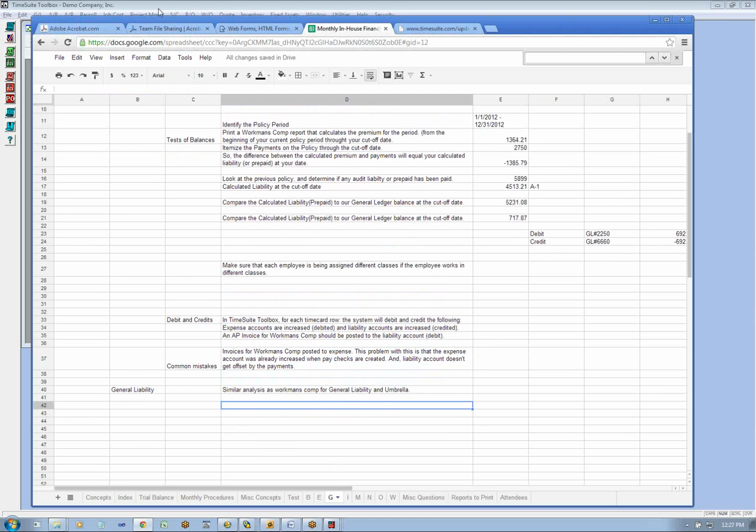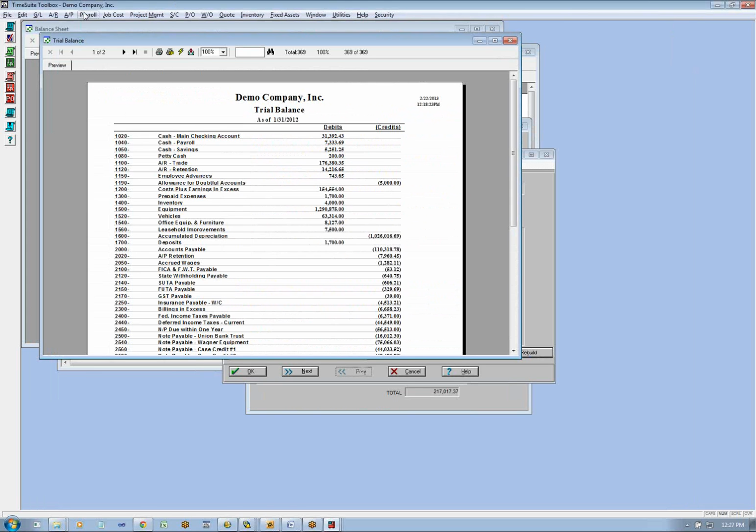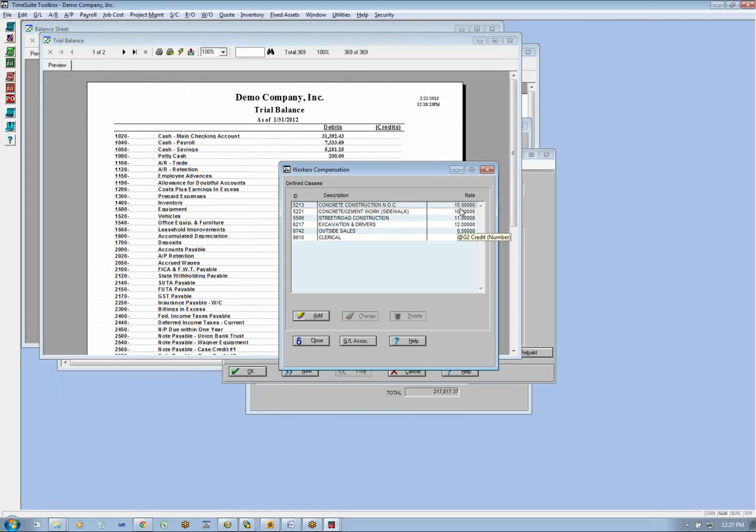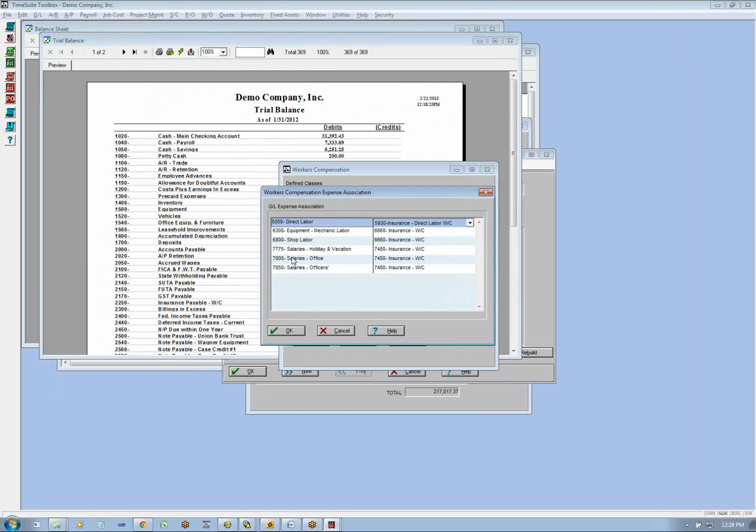Okay. The system is set up to track your workman's comp automatically. When you set up your workman's comp, you're going to have your effective rates here, and we're going to talk about that next and how we come up with these. And what it does is it says, okay, for every labor account, these are the expense accounts we're going to hit. Then you'll notice the direct labor account only lets you post into the direct accounts. The indirect labor accounts only let you post into the indirect accounts.